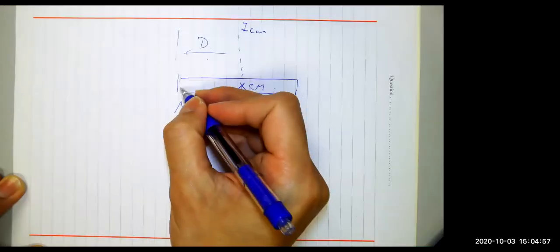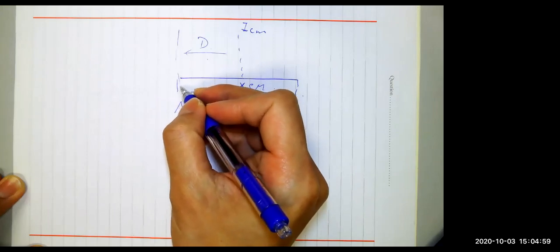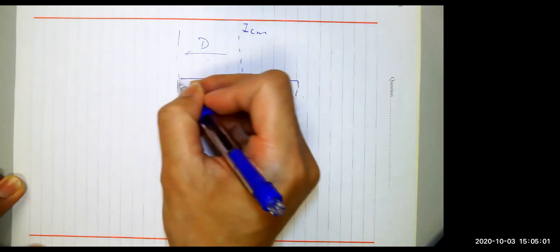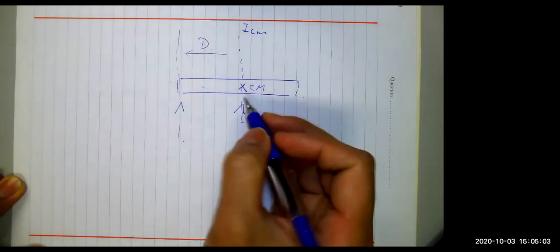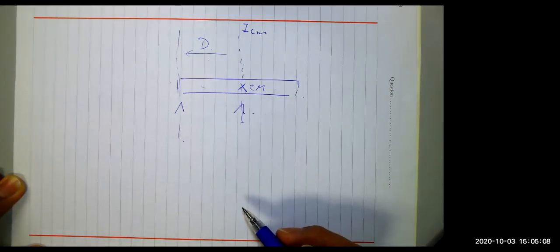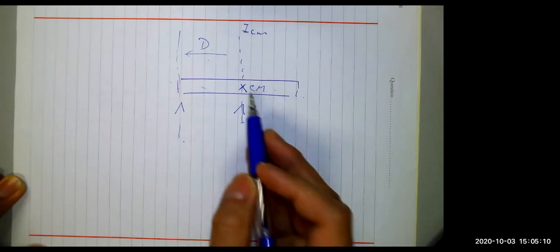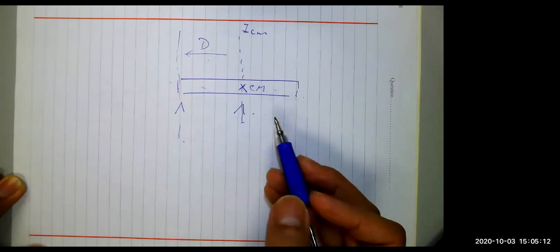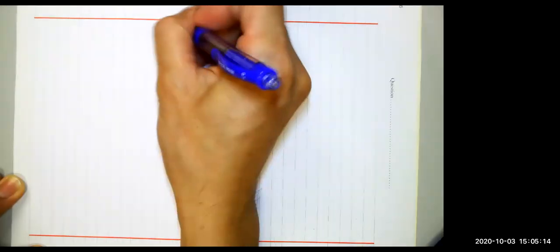You do not even need to necessarily put it at the end. You could put it somewhere in the middle of the rod as well. As long as it is parallel to the axis of rotation of the original one, and the original one passes through the center of mass, the new moment of inertia